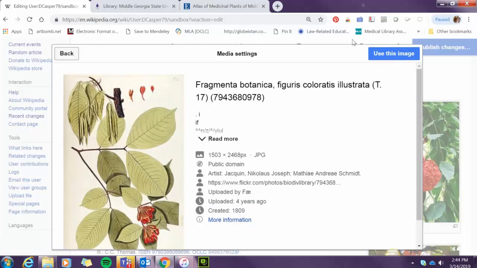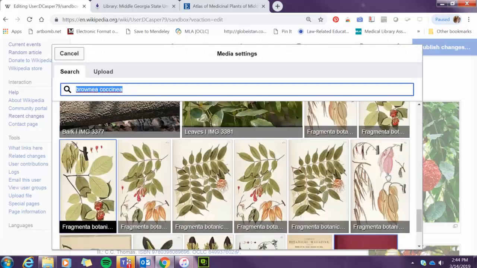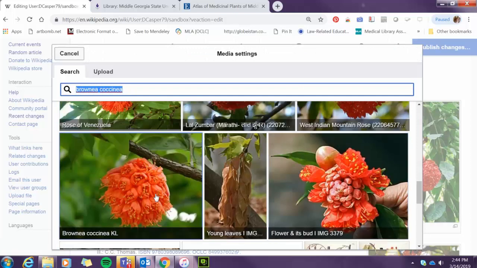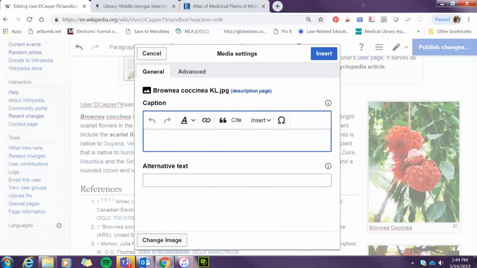And then if you wanted to use this image, you just select use this image, and then it would ask you for a photo caption. And you would put in your caption.